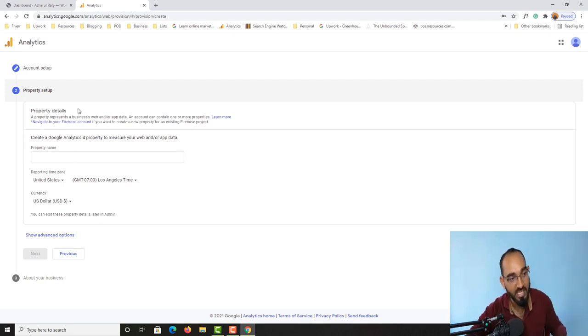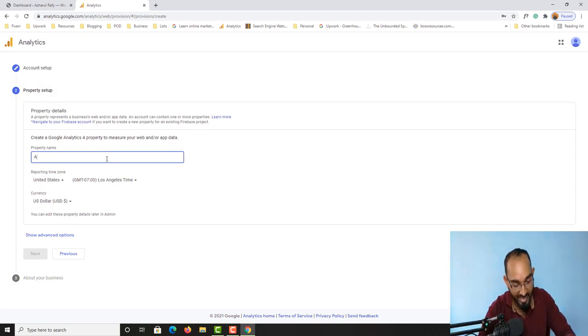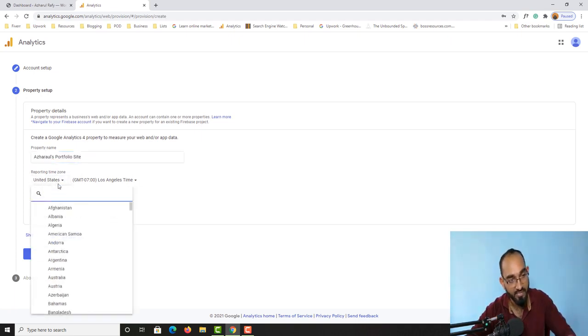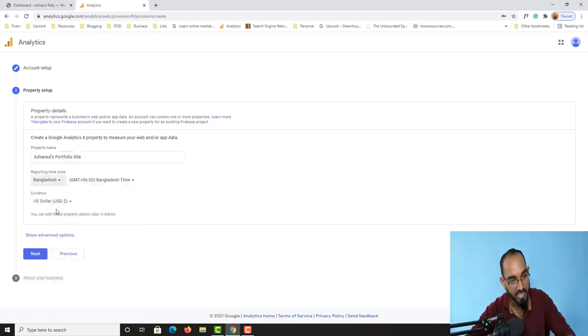After that you have got this option for property details, where as you can see you have to provide the property name. So create a Google Analytics 4 property to measure your web or app data. So here I'm going to provide the property name, which is again Ajharul's portfolio site. And after that we have got reporting time zone. So you can select your time zone here. So for example, if I want to select Bangladesh, just take a look, I have got the GMT +6 Bangladesh time zone,